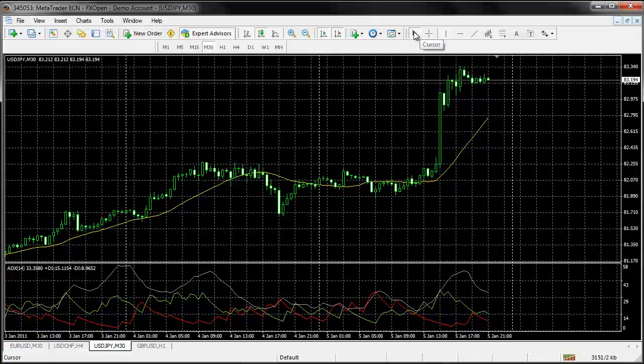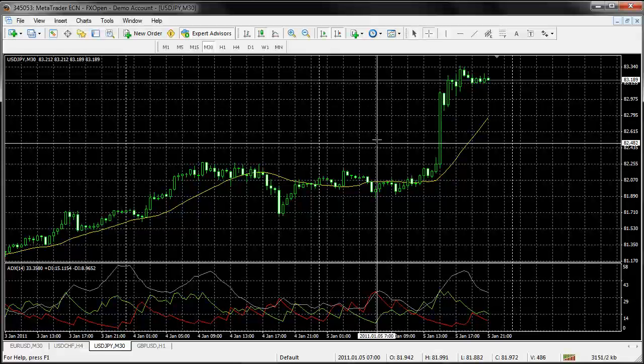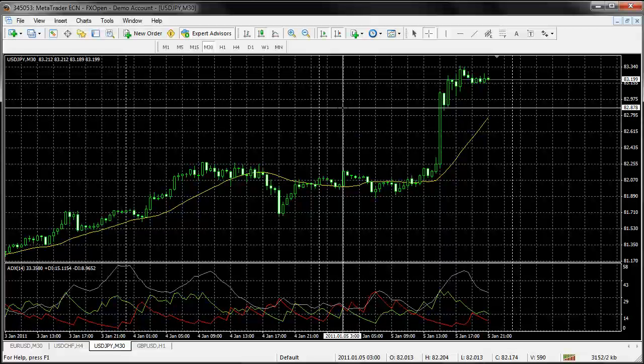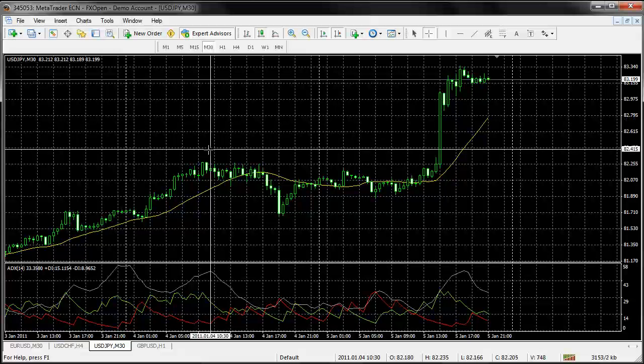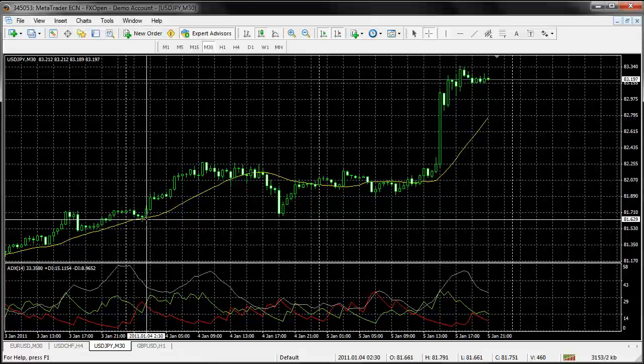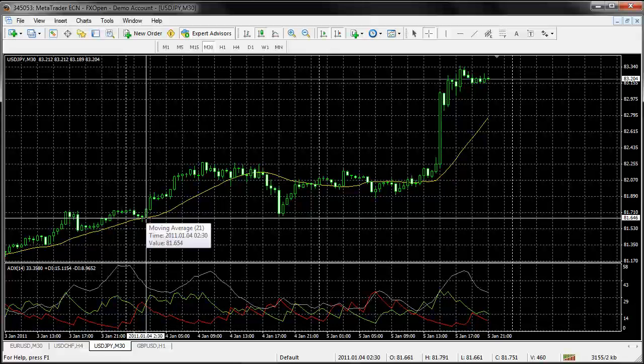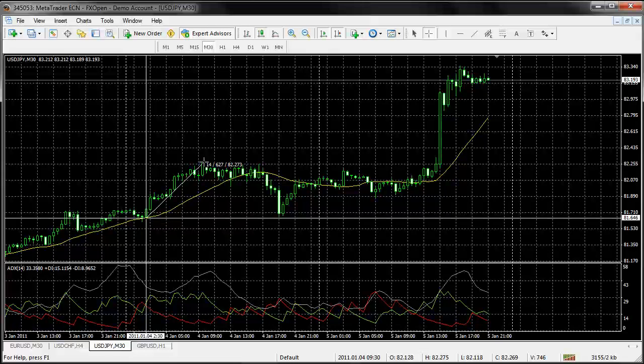Alright, now here is your cursor, which is what you see right now. Here is the crosshair, and this will bring a crosshair out. Now you can press your left mouse button at the section where you want. So let's say, for instance, that I wanted to work out what the pip difference was from this section here to there. What I do is I take my cursor down to below that candle and then left click and hold the left mouse button, and while I'm moving my mouse, you'll see the number to the left says 14, then the one in the middle says 627, and then the one on the right says